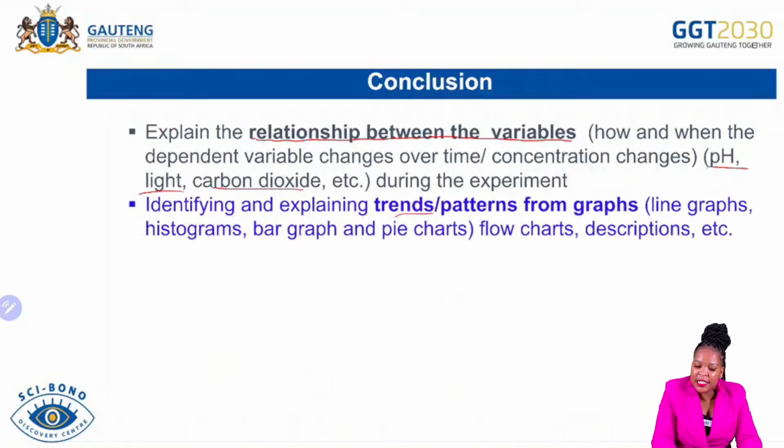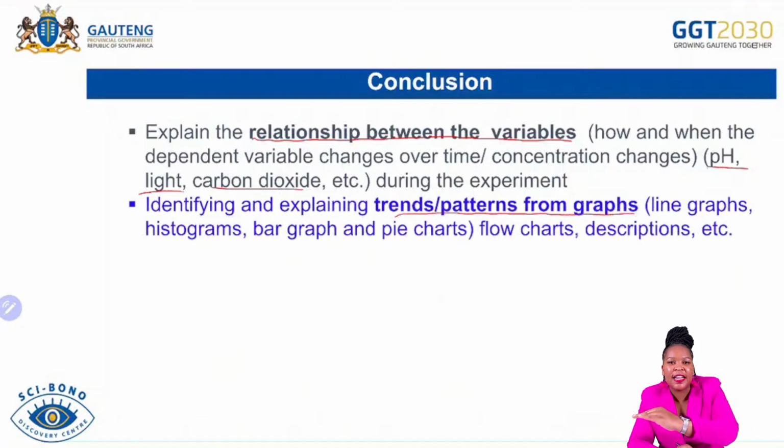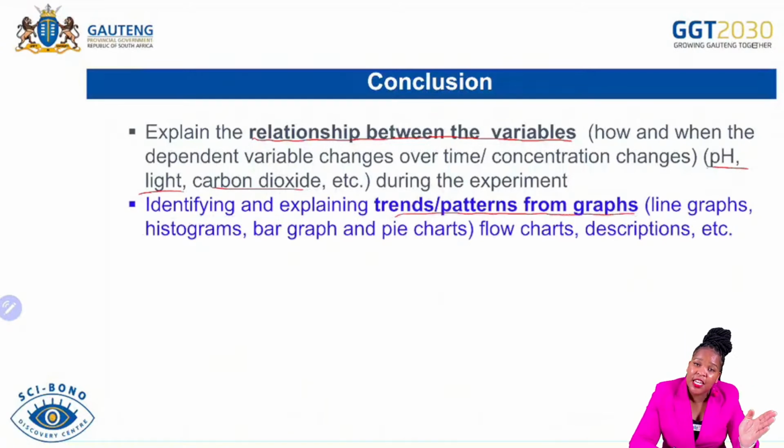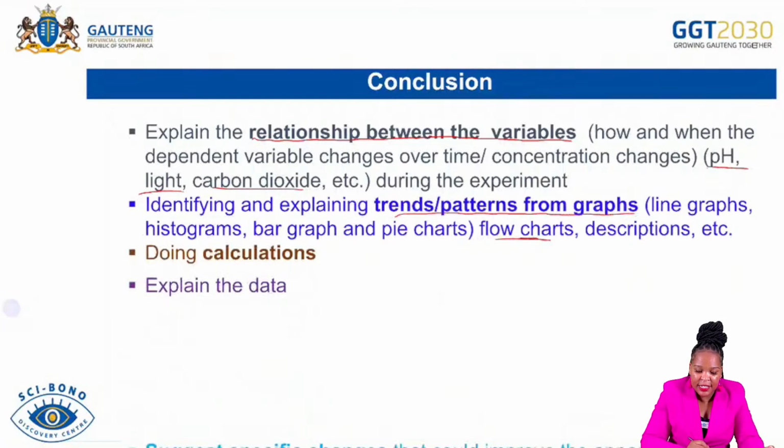Then, identifying and explaining trends and patterns from graphs. So in your conclusion also, a reader must be able to identify those patterns to say, this is what was happening, or these were the findings. Then they can lead me to a conclusion to say, this variable, the independent variable, has this type of effect on the dependent variable. So please make sure that you conclude your investigation in this format. Also, you can do calculations when you are concluding to explain that data,